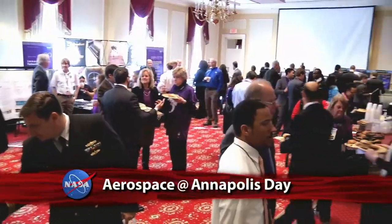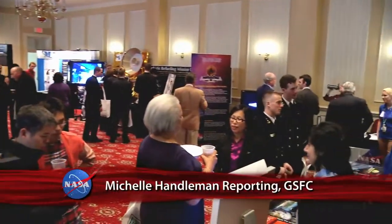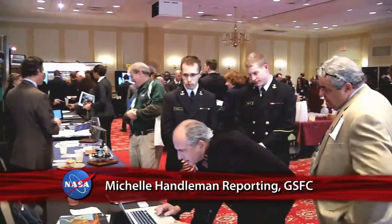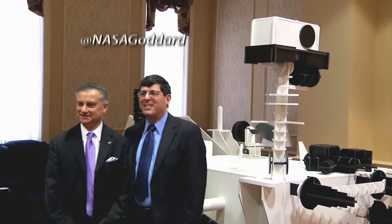The annual Aerospace at Annapolis Day, organized by Goddard Space Flight Center, attracted about 400 people, including state lawmakers and midshipmen from the Naval Academy. NASA exhibits on hand included a full-size model of the Mars Curiosity rover. Attendees spoke with scientists who work with Sample Analysis at Mars, one of Curiosity's main instruments that was built at